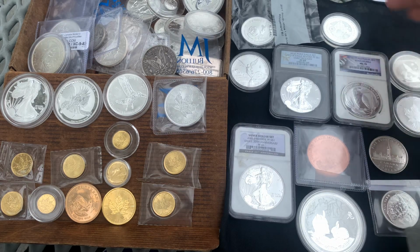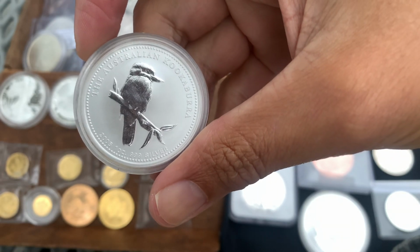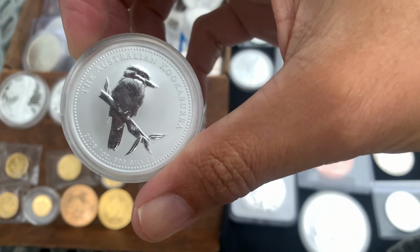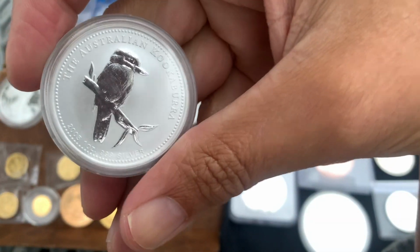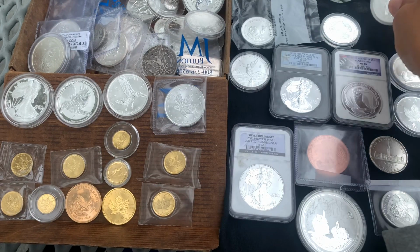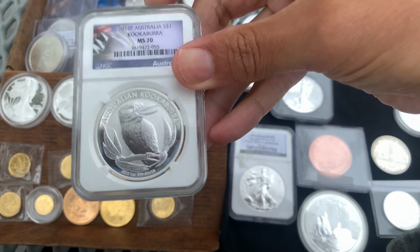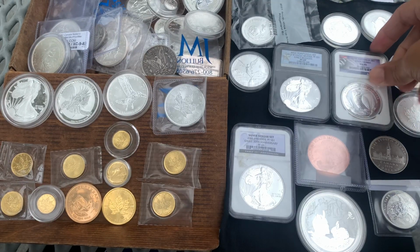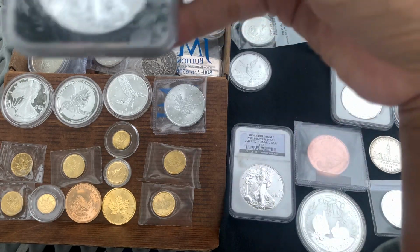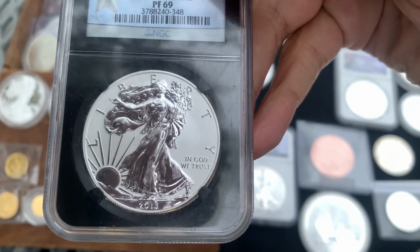I was looking through my items a few days back, and I noticed I've got so many cool pieces that I remember when I purchased these, that they really stood out to me, especially these kind of things that were in the display at the LCS. And I was like, you know what, I gotta have that. I want it. And it kind of reminded me that when I was watching Potter's Stacking,